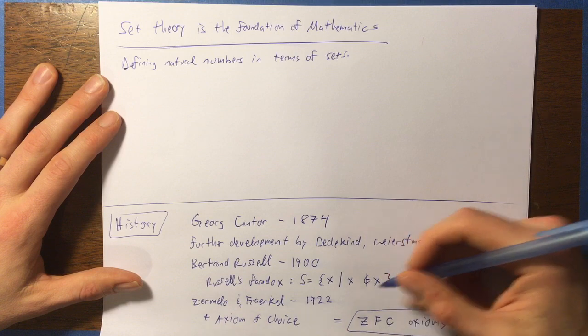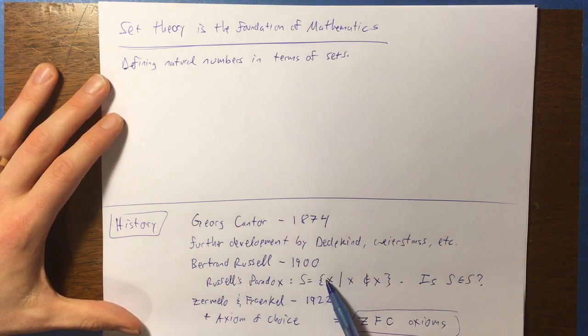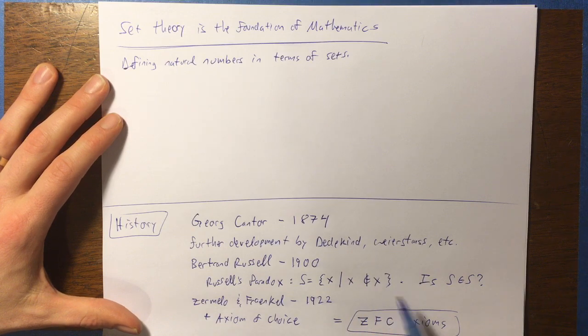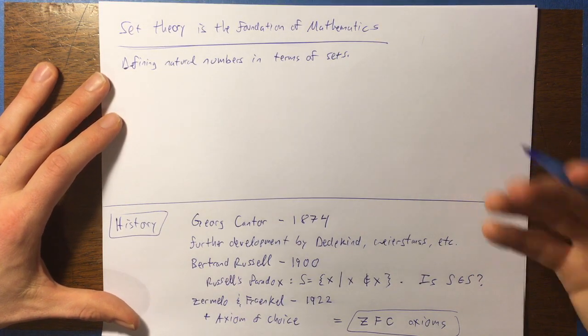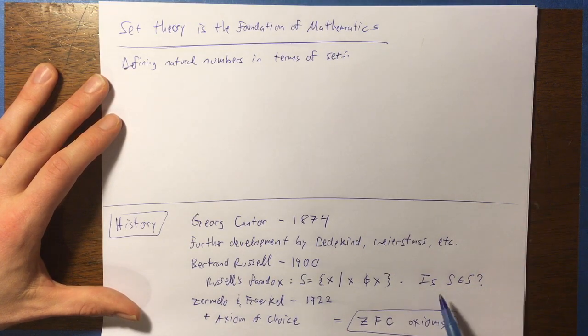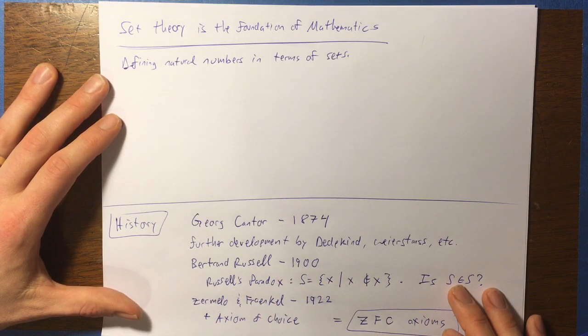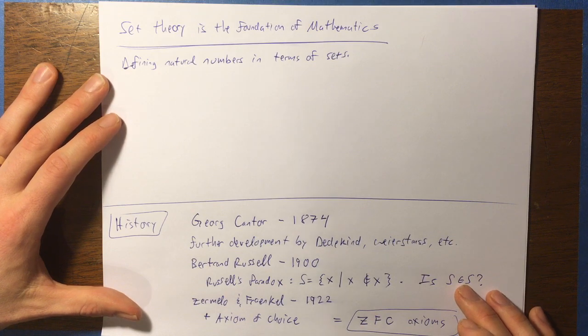Well, if a set can be an element of itself, you could say, let's define a set like this. And then the question is, if you define it as the set of all sets that are not elements of themselves, is this set an element of itself? Because if it is, then it isn't. But if it isn't, well, then it is. And this produces this back and forth kind of paradox. And it's a true paradox, not just something that sounds unreasonable, but something that truly is impossible, like a contradiction. And so this essentially poked a big old hole in the entirety of set theory and made everybody freaked out.